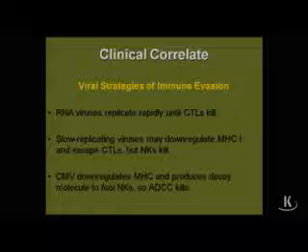We discussed this, but here's a clinical correlate as to why natural killer cells are very helpful in killing cells that are infected with viruses. There are viruses that can downregulate class 1 MHC, and in that case it's very helpful to have natural killer cells. There are other viruses that downregulate MHC but also produce decoy molecules that can fool the natural killer cell by providing a decoy that looks like class 1, but in that case we still have antibody-dependent cellular